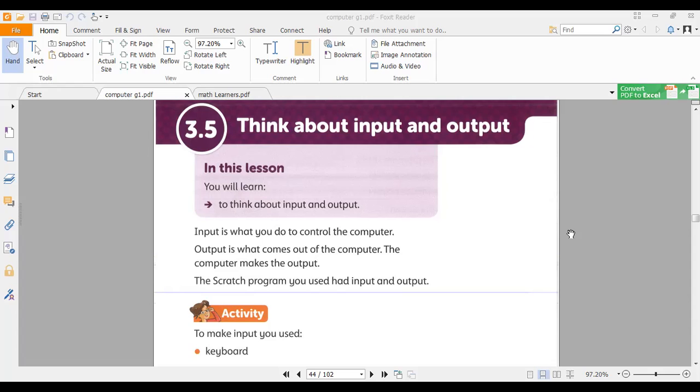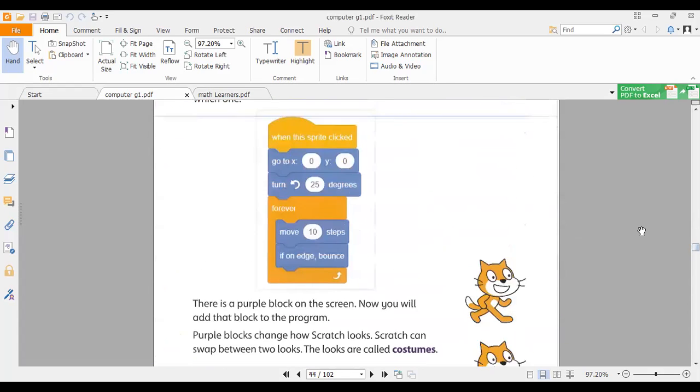So in this lesson, we are going to think about the inputs and outputs other than we have studied. Like in computer, the parts of computer, we have different inputs and outputs. You can see here in the picture, the boy is using